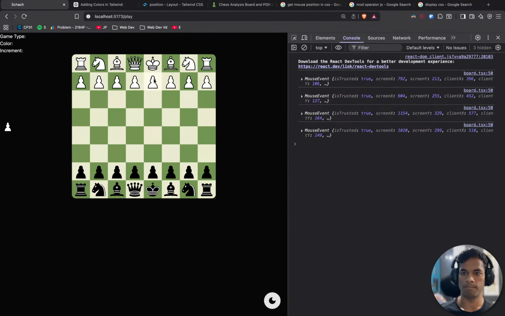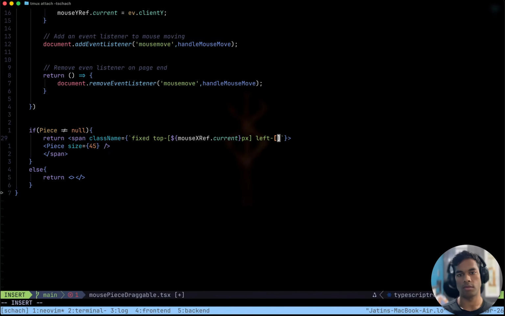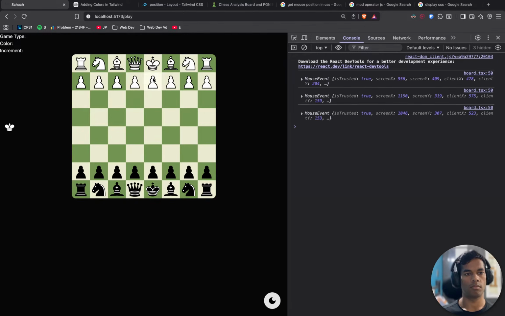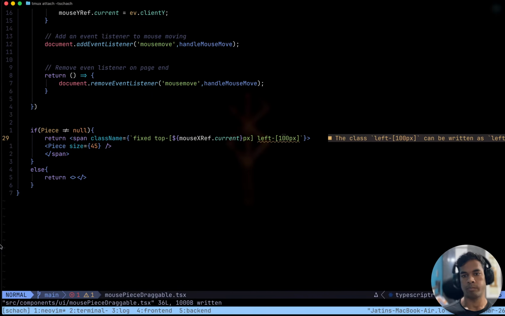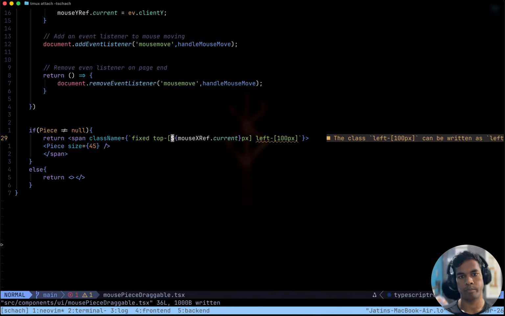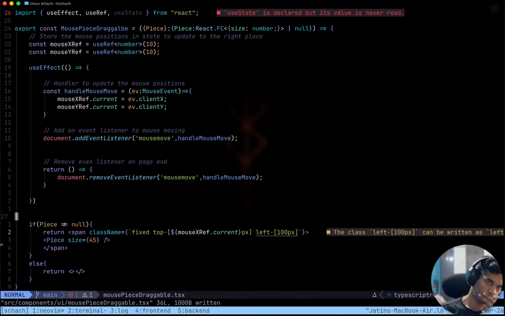No. There is still an error, or not error, but top is still not working. If piece is not equal to null, shit.